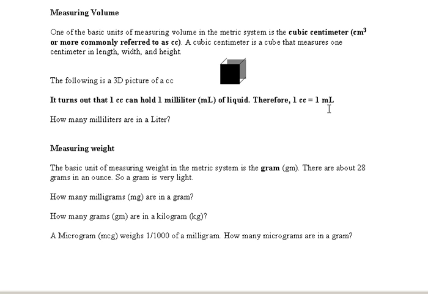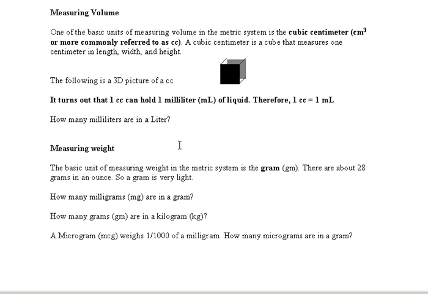Well, what we measure volume in the English system would be gallons, and there is no comparison like this with the English system. Like if you have something, let's say, that is 1 inch by 1 inch by 1 inch, how many ounces does that hold? Well, it doesn't hold exactly 1 ounce. So in the metric system, though, there is a conversion from length, width, and height, which is a cubic centimeter, to a